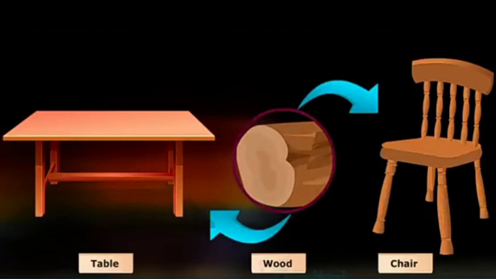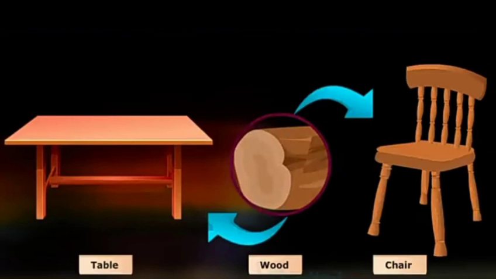Also, in some other way, we can say that one single material can also be used to make different things. Like talking of the material wood, that can be used to make a chair as well as a table or a bed also. So different objects or things are made up of different materials, and each object or a thing is used for some special purpose. So we need to know the properties of the materials as well as the properties of the objects to decide which material is used for making that object.